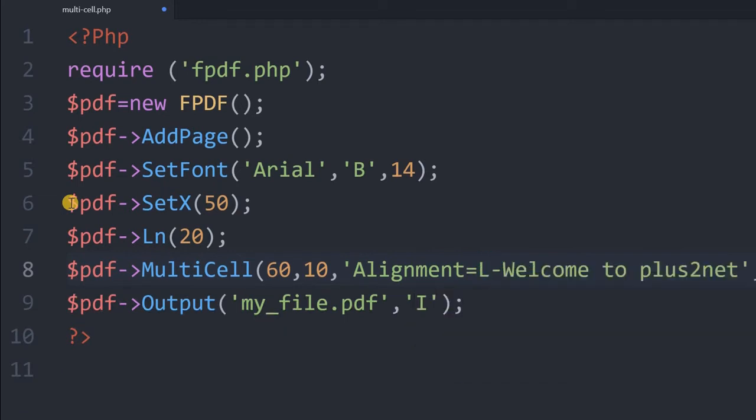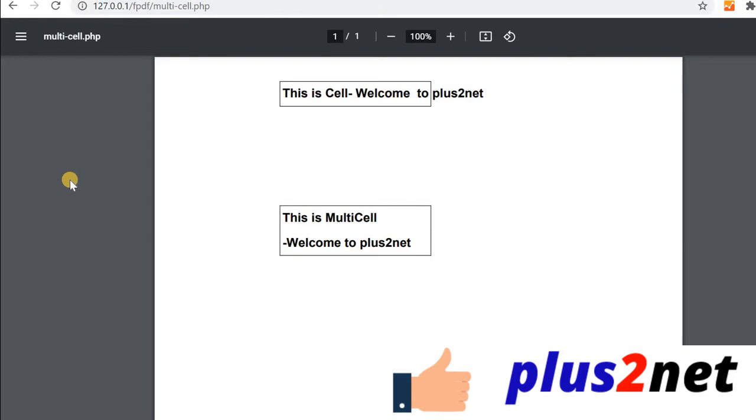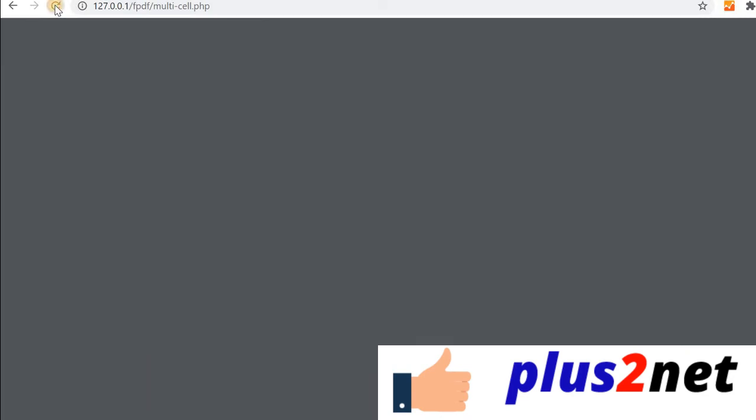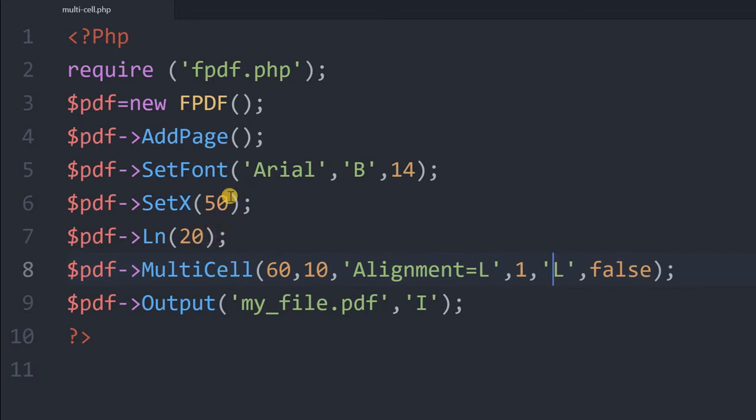So this is the text only, so nothing actually affected. Here the border we can say 1, and left aligned, no background fill, so false. Now this is okay. Let's try this and see how it reflects. You can see here, yeah, alignment is left. Now let's copy from here.